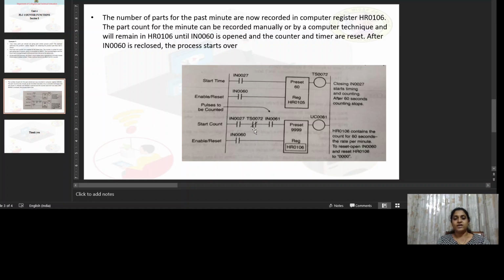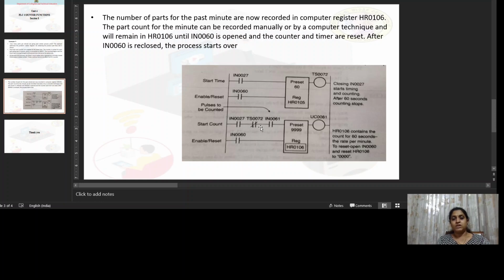Hence, the contact TS072 will be closed only. It will not be energized. So whatever the sensor output comes and energizes the contact IN61, that high pulse will be counted by the up counter.